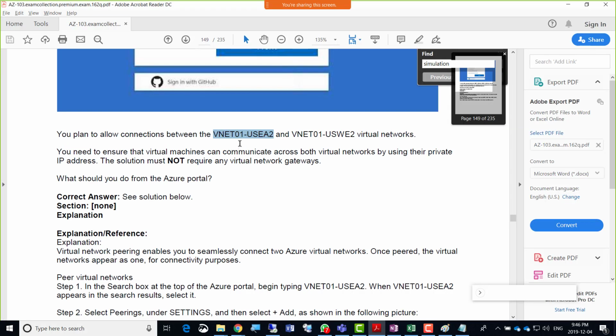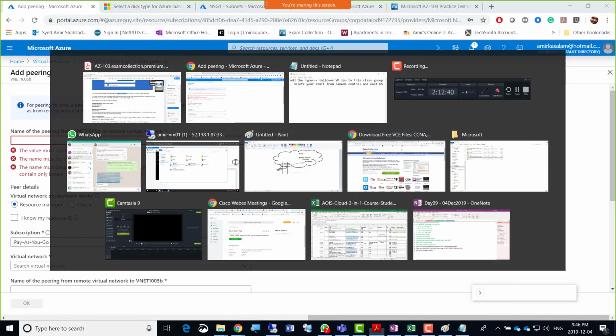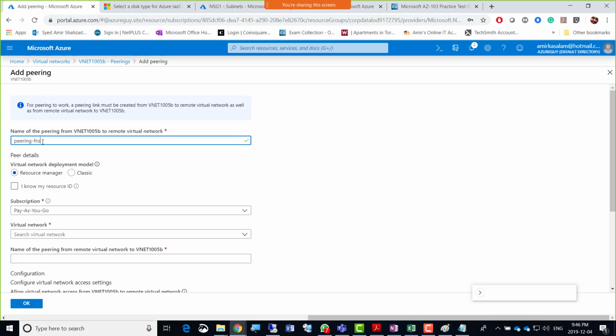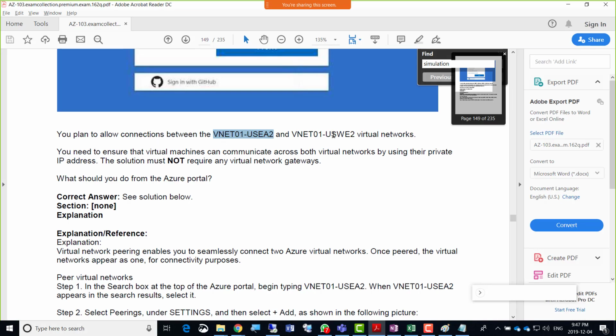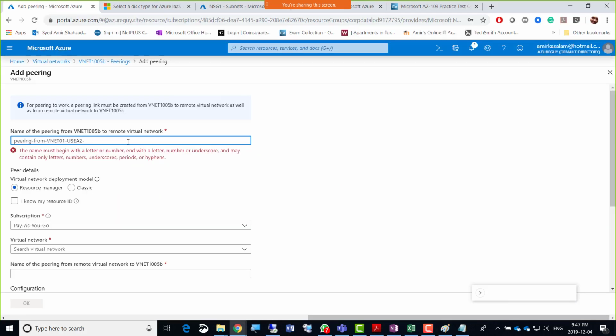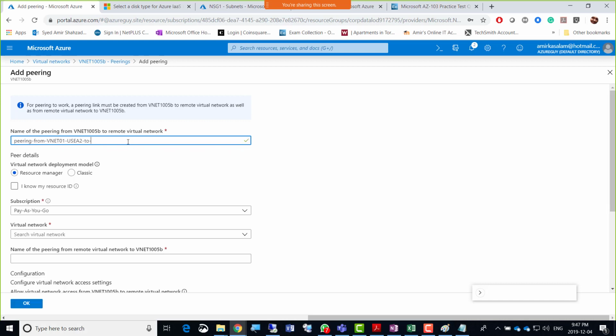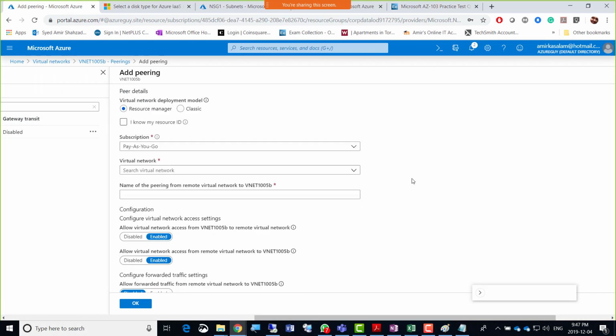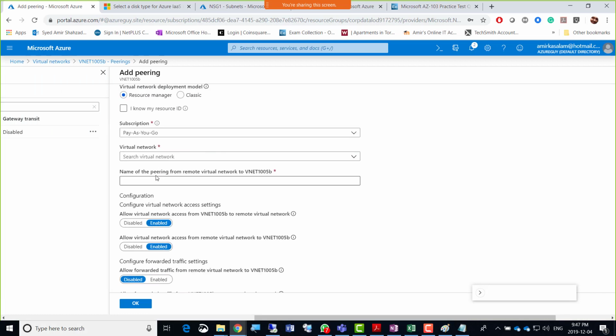What we can say here is actually USEA2. So peering-from-this. Those are different VNets, so don't be confused, but I'm just using the actual exam names, from this to this, and I'll select that and go for virtual network.